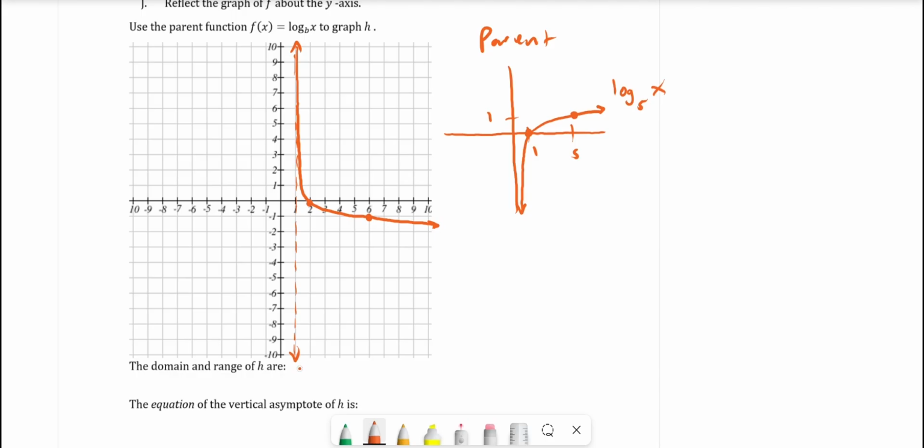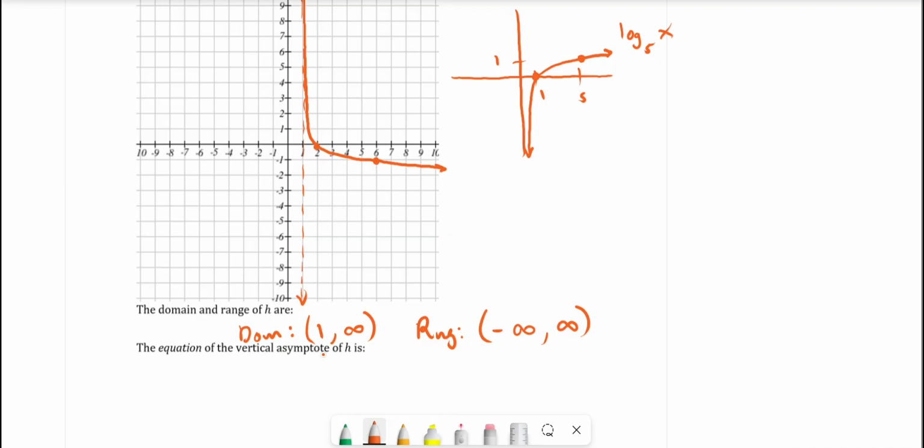So what are our domain and range here? Well, our domain is going to go from positive 1 up to infinity. Our range is still entire. It's going to be the entire y-axis. Every y value gets hit eventually. And the equation of this vertical asymptote is going to be the vertical line x equals positive 1. The horizontal translation will affect this position, but the vertical reflection will not affect it,